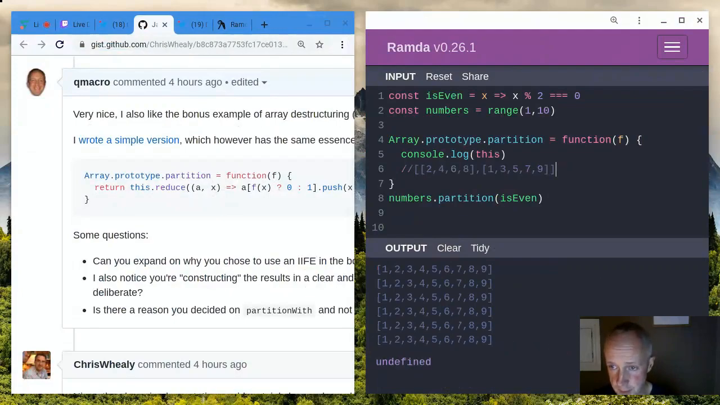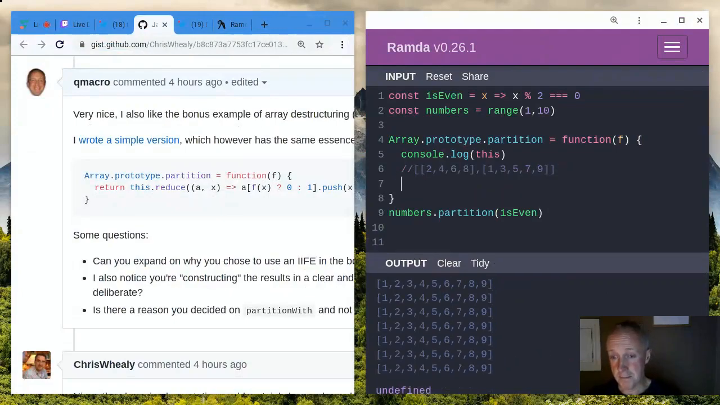And we can use, and Chris uses this as well, because reduce is, I think it's fair to say, well,